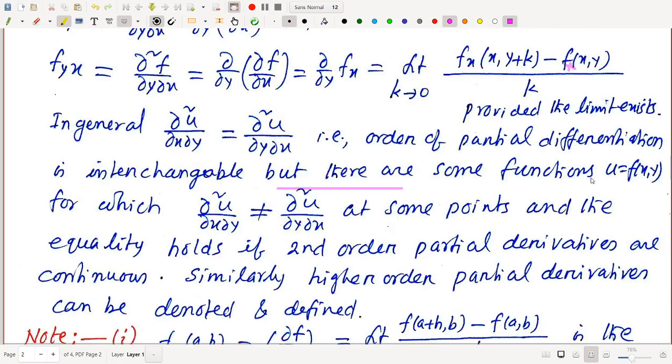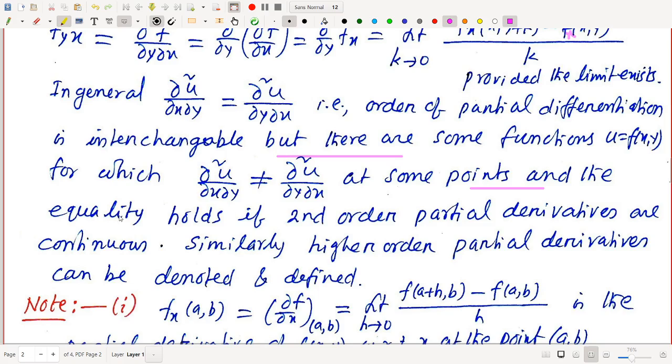but there are some functions u equal to f of xy, special case functions, for which del square u by del x del y is not equal to del square u by del y del x. At some particular points, this equality may not hold. Of course, we shall not consider these things here, and the equality holds if second order partial derivatives are